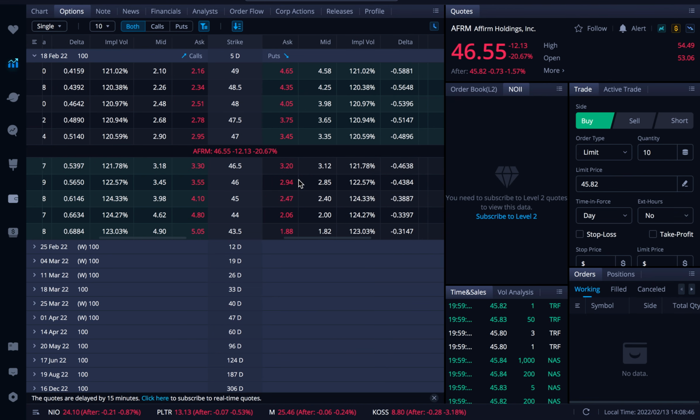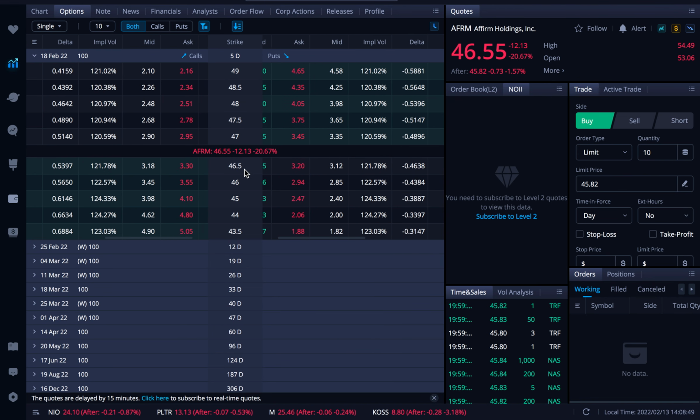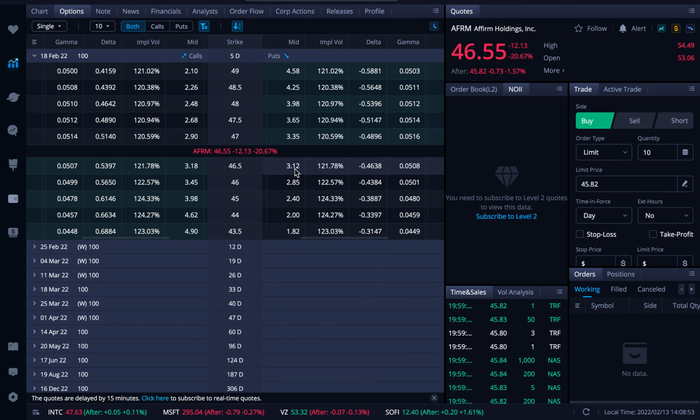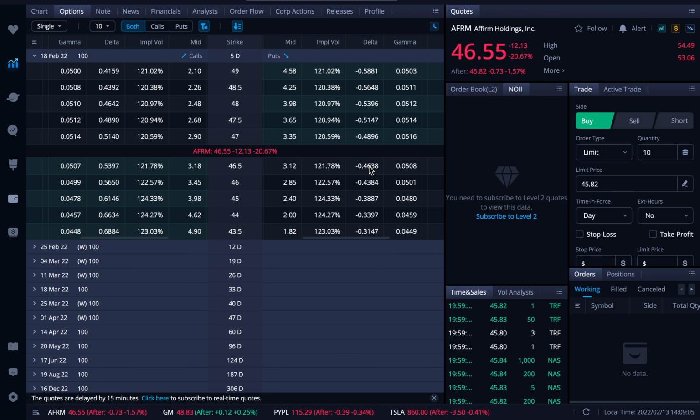Now we take a look at puts here. If we were looking at puts, again, for example, for this put, if I wanted to buy it, it'd be $312. Now delta, as you can see, is negative, which makes sense because with a put, you make money when the stock goes down, not when the stock goes up. So similarly here, if a firm goes up by $1 to $47.55, the value of this put option will go up